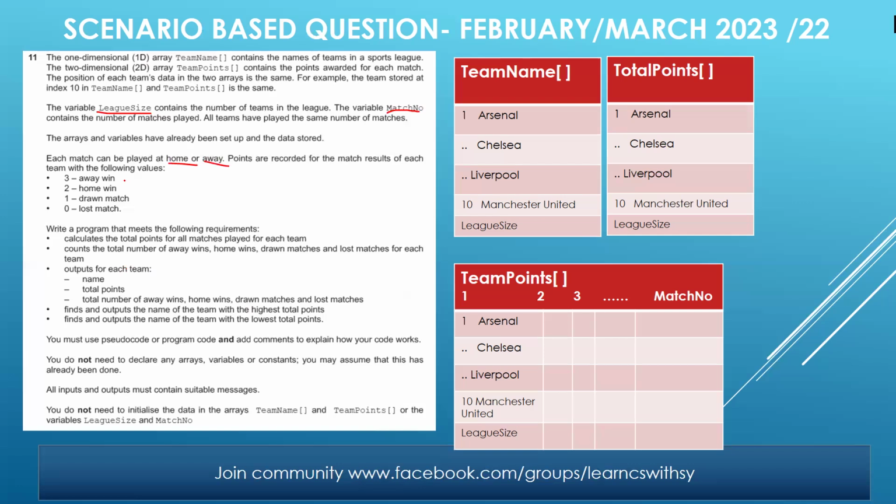Points are recorded for the match results for each team with the following values. Now here you can see, this is what the criteria is. In case there is an away win, they are going to be awarded 3 points. A home win means 2 points, a drawn match means 1 point, and a lost match means definitely 0 point. Fine. I think this is something that is understandable also,